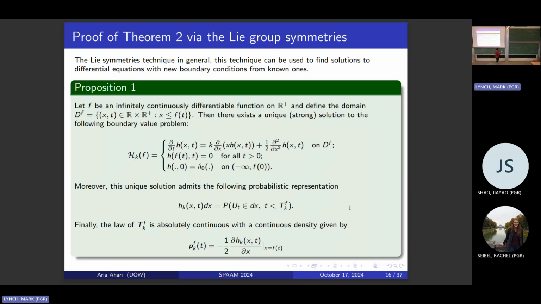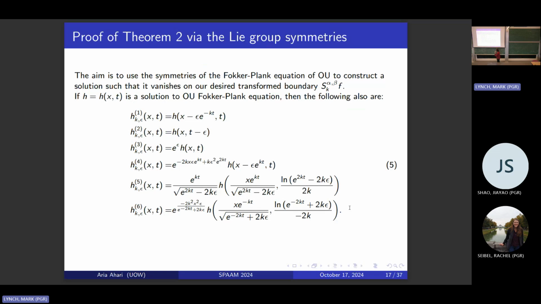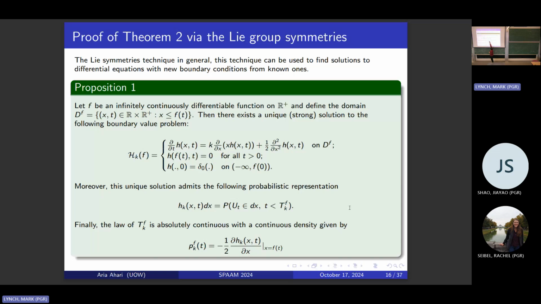And because the Markov process being stopped at the boundary is again a Markov process, the density function of it solves this PDE, which is just a forward equation of the process, and so on. But the whole point is that we will be interested to have a look at the symmetries of that PDE, which is the first equation, just the forward equation of the process. The cool thing about the symmetries is that if you have a solution of the forward equation, which is the first PDE,